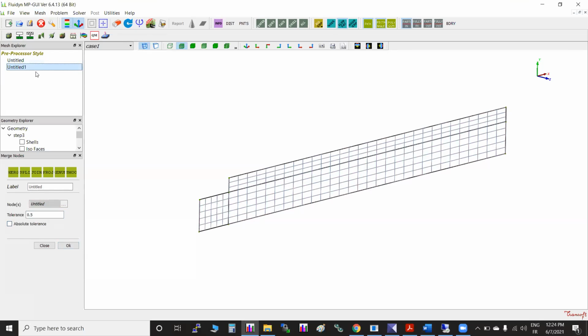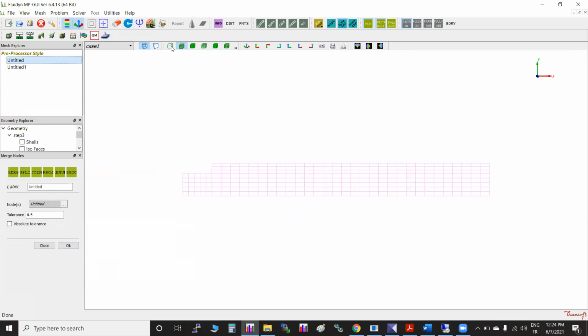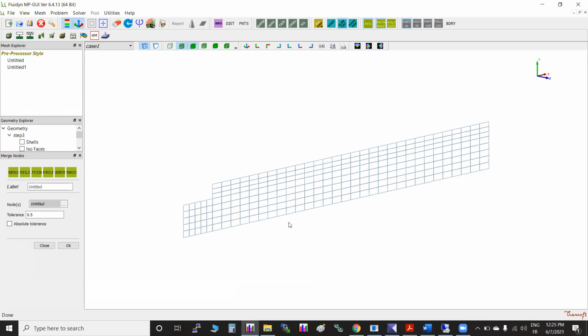So there are two meshes, left side if you see in Explorer. First one I will plot, okay, only mesh and keep it in a wireframe mode. You can easily see the clear cut distinction between the different faces. Same if you just go for the merged mesh, there is no distinction. See, it is one mesh now, one face, continuous mesh. So this is again an important point that if you are working, just make sure and take it.